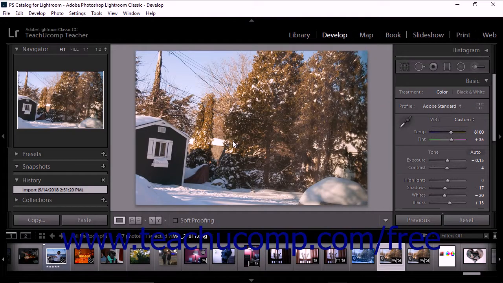www.teachucomp.com/free. Use Lightroom Classic CC to adjust the overall tonal scale of an image. To do this, use the controls found within the Tone section of the Basic panel. Keep in mind that the tone controls you see in the Basic panel will vary depending on which process version